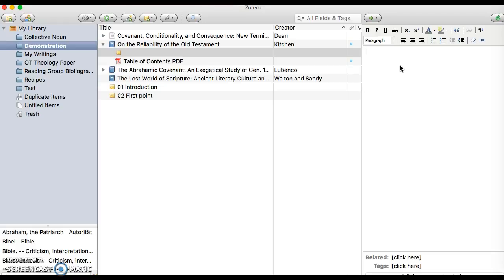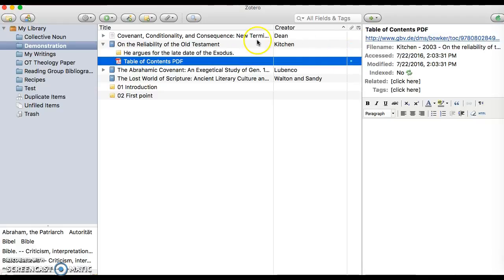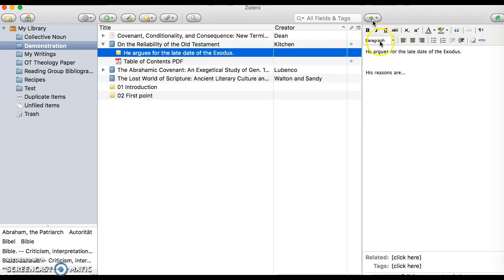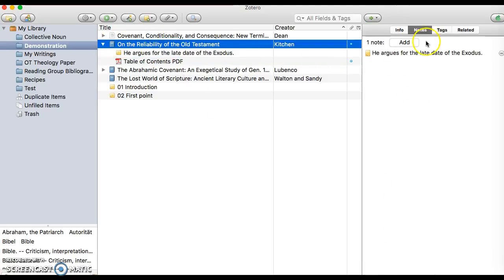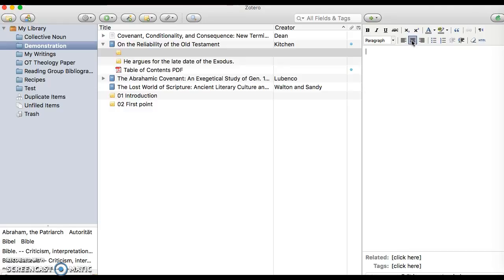So let's say he argues for the late date of the Exodus. His reasons are, alright, so I would list his reasons there. That's one way I could use the note. I could come back and add another note if I wanted to, by clicking on the title and then click add another note, and it might be my thoughts are,